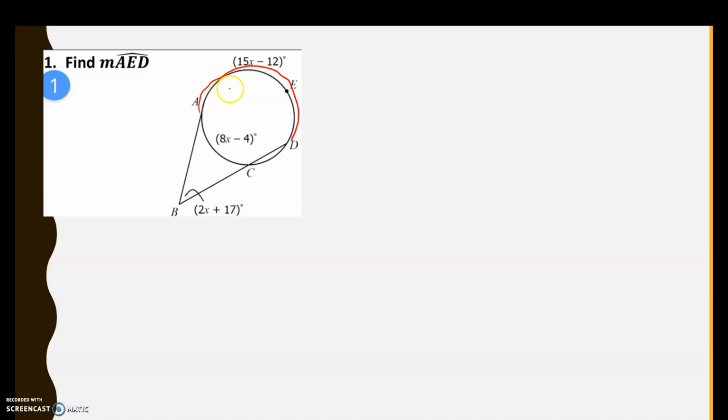So if you thought it was AE, which it looks like it could have been, that's probably where you're making your mistake. It's giving you the entire arc measure right there. So it's an outside angle that we're looking at. We're going to take our big arc minus our little arc and divide by 2 to set it equal to